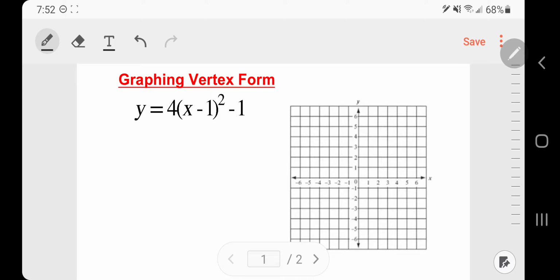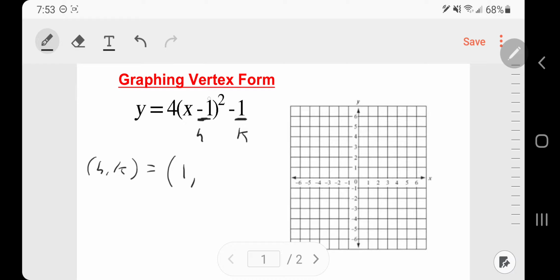Hey everyone. In this video we're going to take a look at how to graph a quadratic function given in vertex form. Vertex form is meant for you to be able to find the vertex relatively quickly, and you're going to do that by looking at our two pieces here and here, our h and our k. Our h comma k is going to be our vertex,